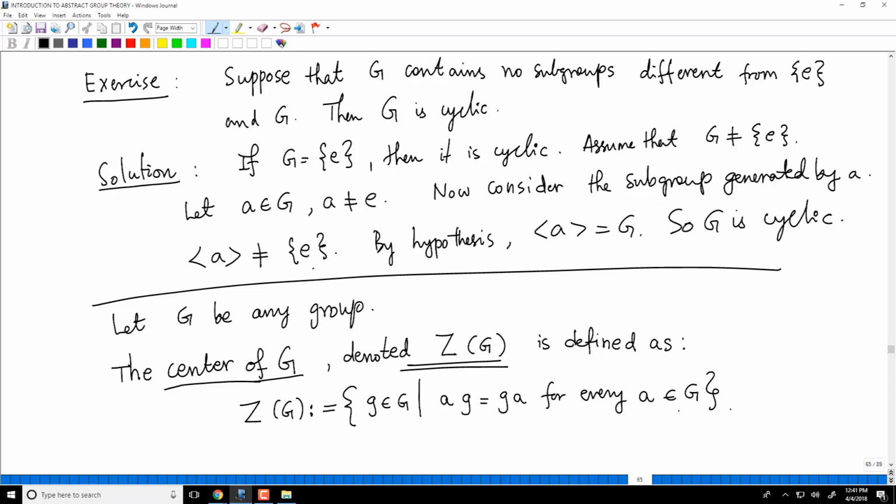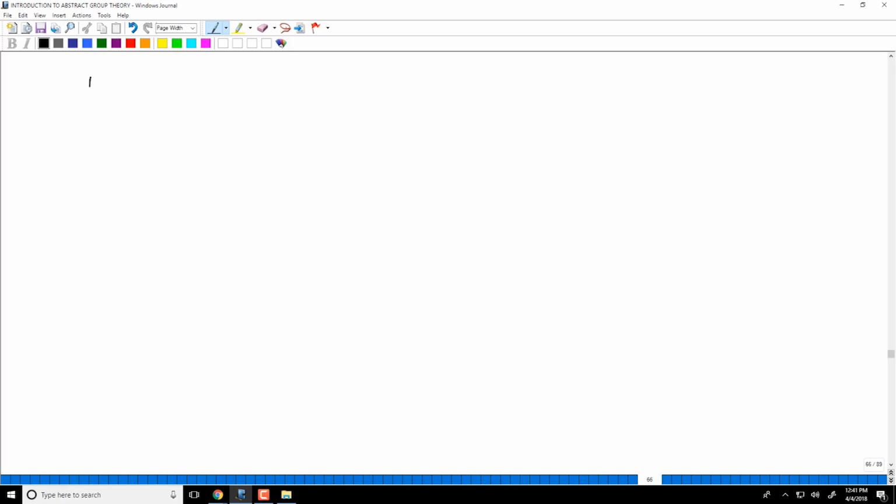So ag must be equal to ga for every small a in G. Okay, so the proposition is that Z of G is a subgroup. So let me prove this.